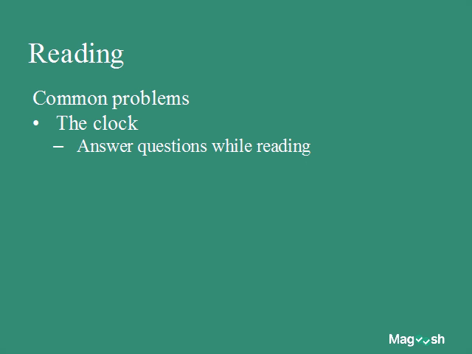So there are a couple of ways to get around that problem, but one of them is to answer the questions while you read. That is, to skip forward to the questions before you read the text, read the first question, then go to the text and read the text until you find the answer to the first question. Then answer the question, move on to question number 2, and if you can already answer it, great. If not, go back to the text and continue reading until you find the answer to number 2.